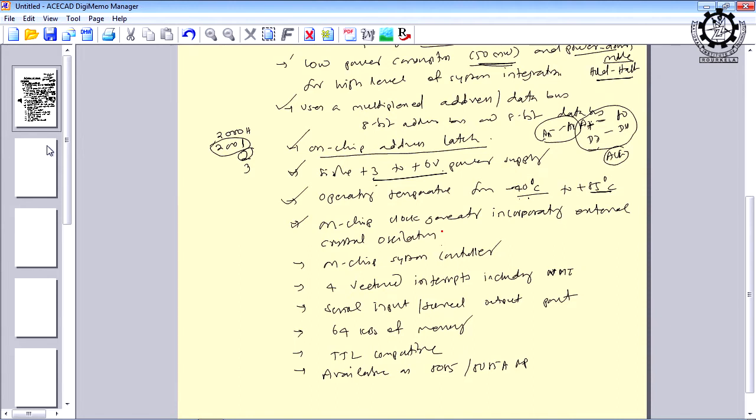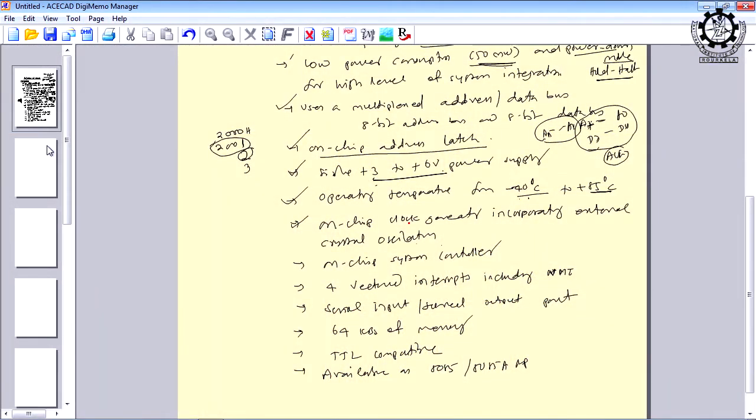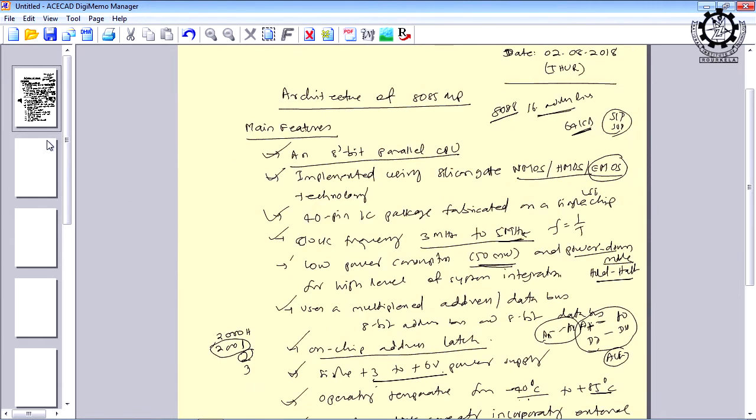So, there are two ways you can generate the clock pulse, either internally or you can attach an oscillator externally, which will produce the clock. So, what is a clock? It is simply a square pulse generated from this clock generator, but this square pulse gives the maximum frequency that a microprocessor can handle. And as I told you, the maximum frequency of 8085 is 5 megahertz.